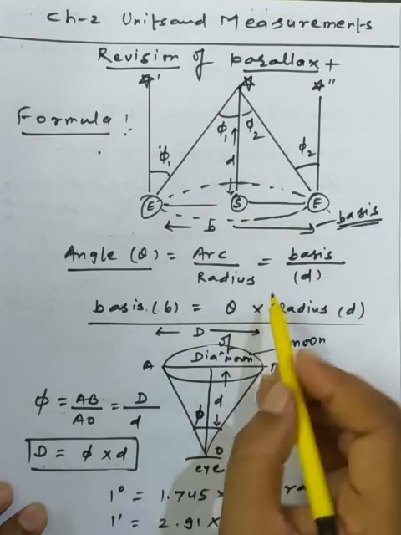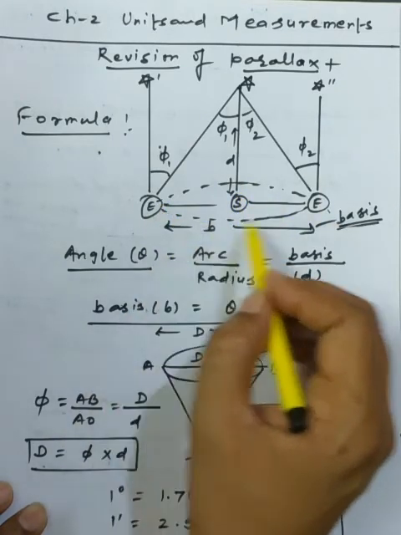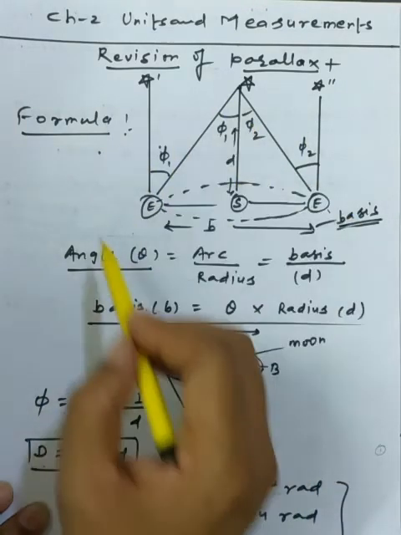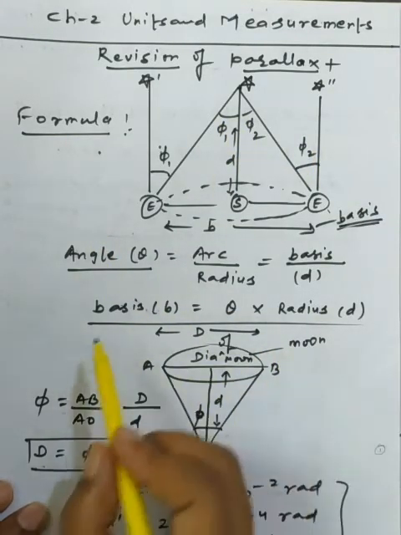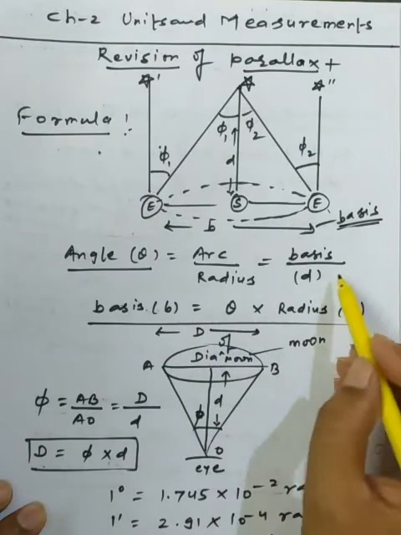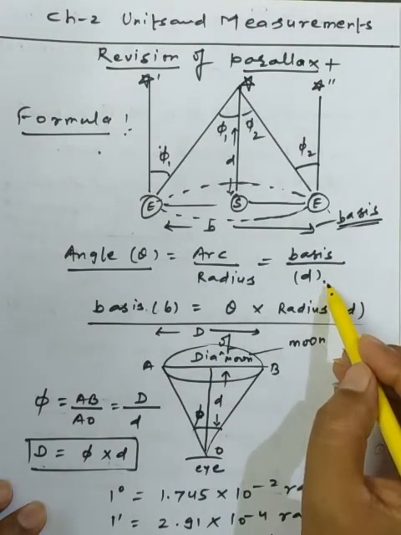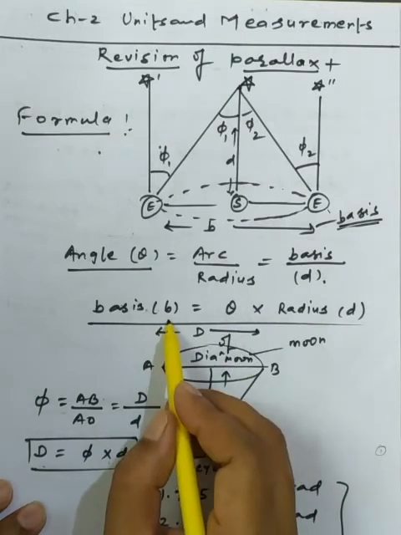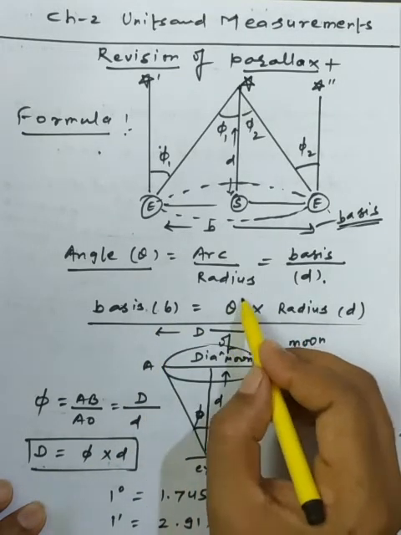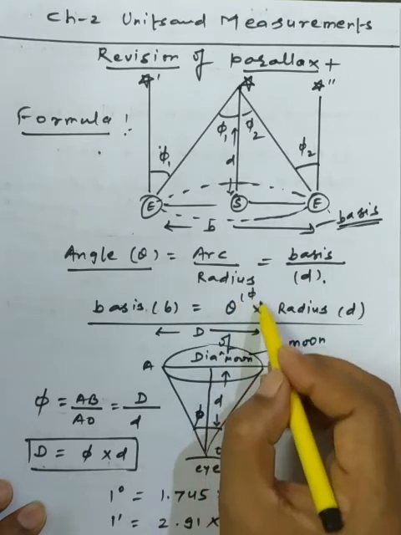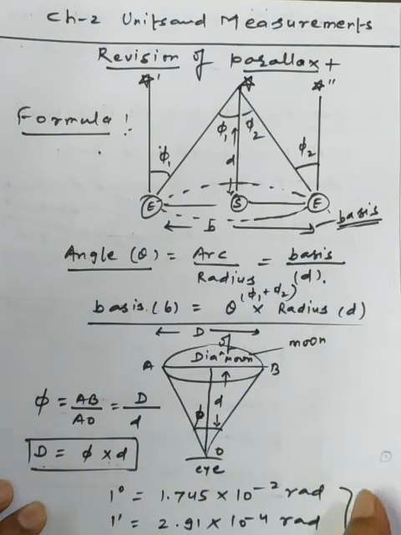Okay. And the distance d can be the radius of the lunar orbit, if the celestial body is revolving around the earth or the sun. So we are using the simple formula, basis upon distance d, which is the radius, and the basis we find separately. So we get the angle, and this angle is the combination phi 1 plus phi 2. And for the calculation of the angle we will discuss here also.